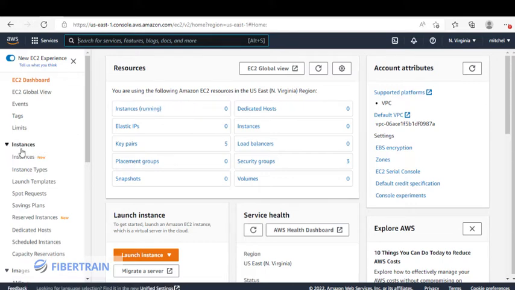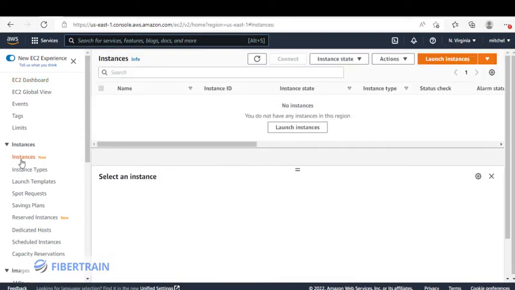So we'll come down under Instances here, and we're going to click on Instances. So you can see I don't have any instance or any virtual server running at the moment. I've terminated or deleted all the servers I've created earlier. At the top right hand side, you see Launch instances. So I'm going to click on Launch instances,